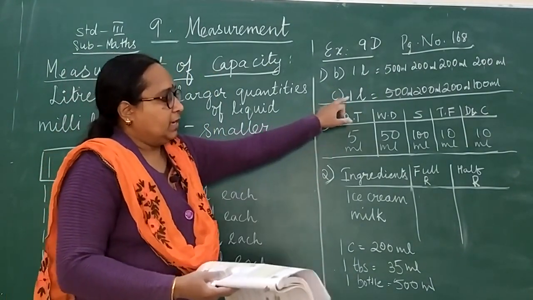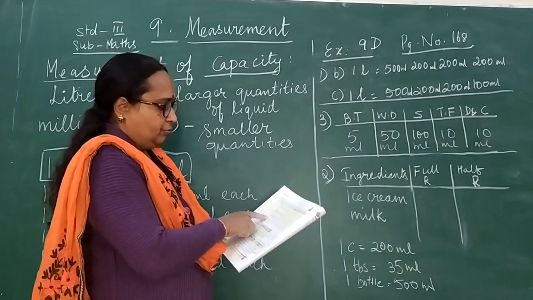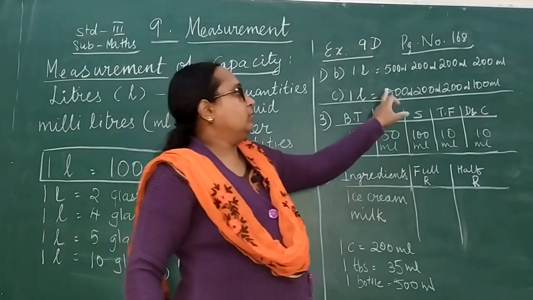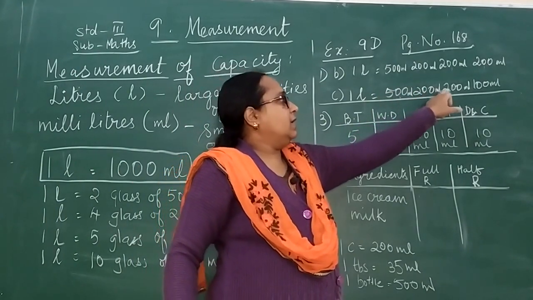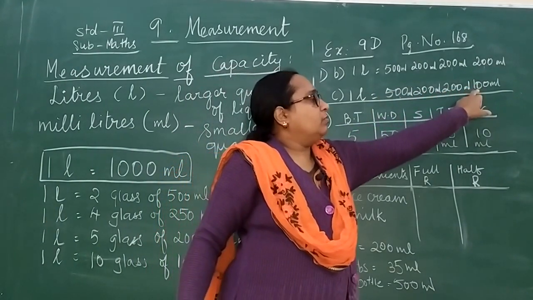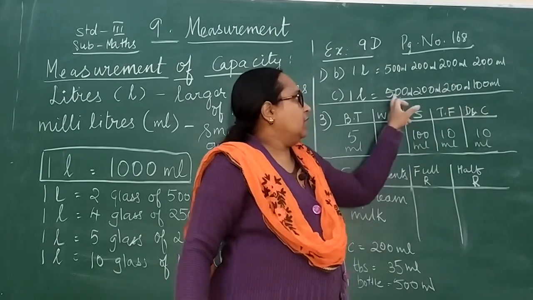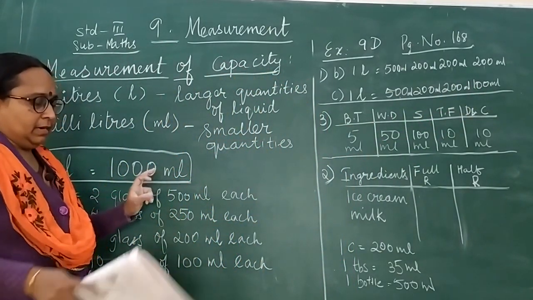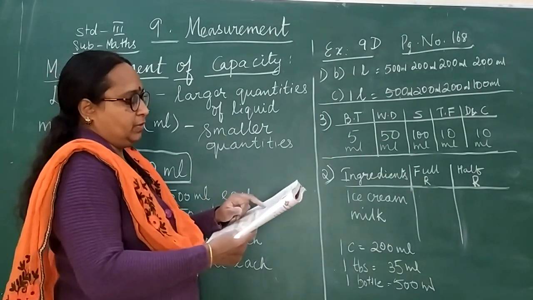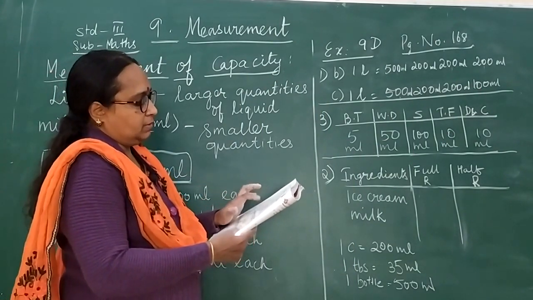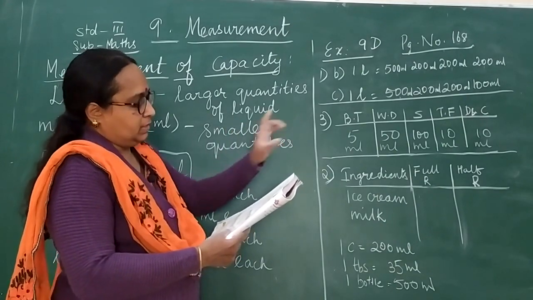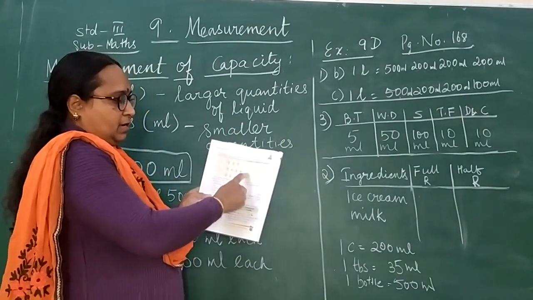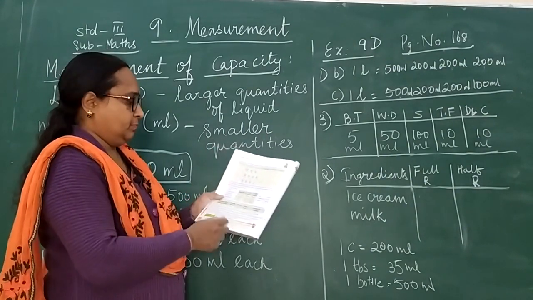Then the 1 liter jug, how many glasses has it got? 1 glass of 500 ml, 200, 200 and 100. So now when you count 500, 600, 700, 800, 900 and 100, so 1000. So here only 1000. So 1 liter is equal to 1000 ml. So here the 1 liter jug has filled 4 glasses. So equal, when you just calculate it and see, it is 1000 ml. So you have to tick enough. Enough means the correct amount.